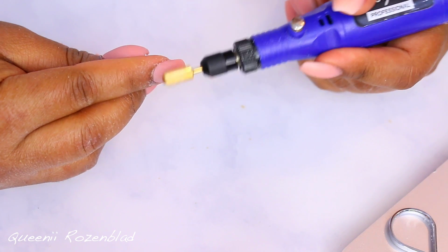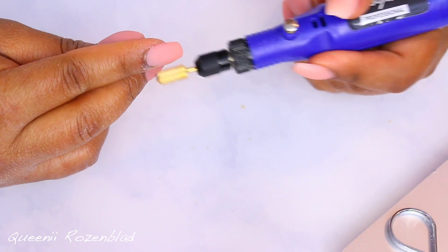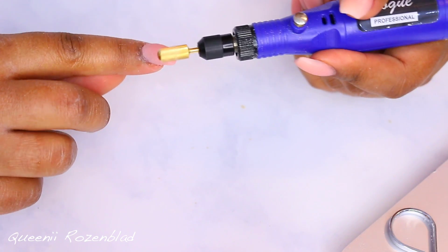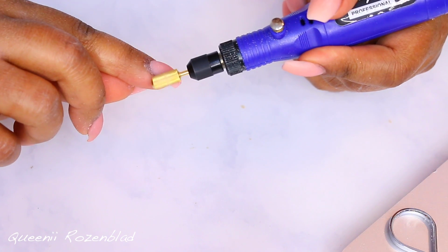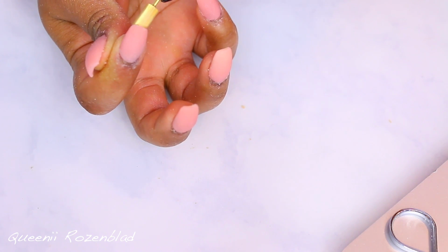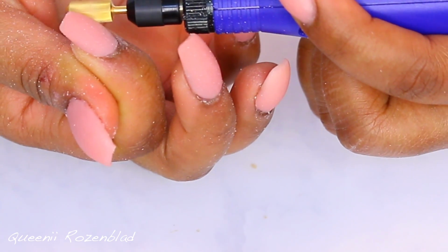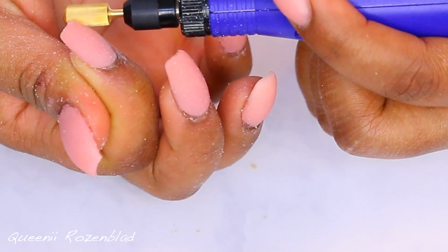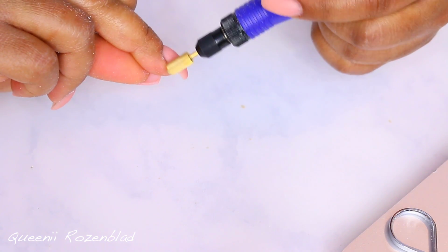So what I do here, any parts of the acrylic that's too bumpy or lumpy around my cuticle, I smooth it down so I have like a natural lift from a very thin amount of acrylic, and it works its way up, if that makes any sense to you guys. I also use the drill bit to go under the nail to take out any excess acrylic that might have gotten under my nail, and I also use it to shape my nail as well. It gives a very nice smooth finish on the top,